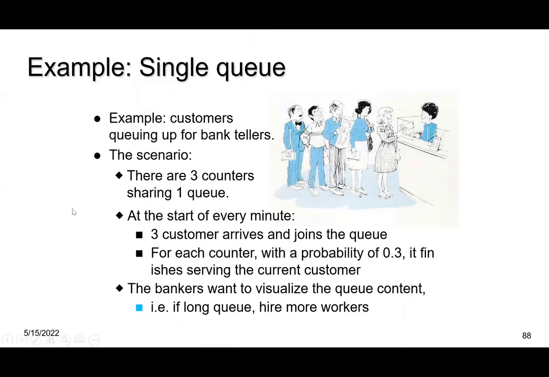So whenever you go to the bank, you will join this queue because there's only 1 queue, and this bank only opens 3 counters. So why do we want to do this kind of simulation program? Because we want to find out, let's say for a bank, it wants to know, let's say under